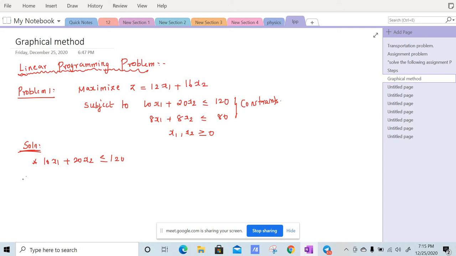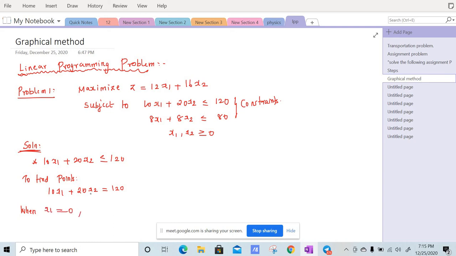So to find coordinates, or to find points of the graph, what I'm going to do is take 10x1 plus 20x2 equal to 120, right? So I'm going to find 2 points. Surely this is less than or equal to, but I'm going to use is equal to 120, right? So for finding 2 points on this line, I'm going to make use of the equal to symbol to find x1 and x2, right? So 10x1 plus 20x2 is equal to 120, right? Yes. Now when x1 is equal to 0,